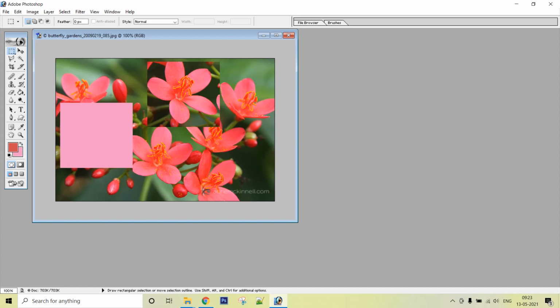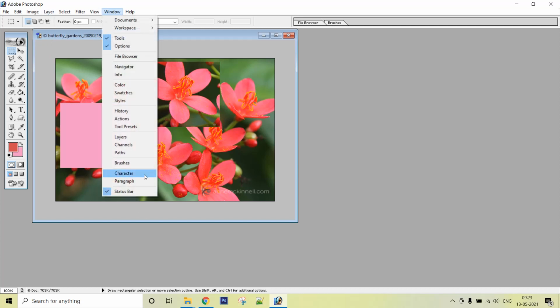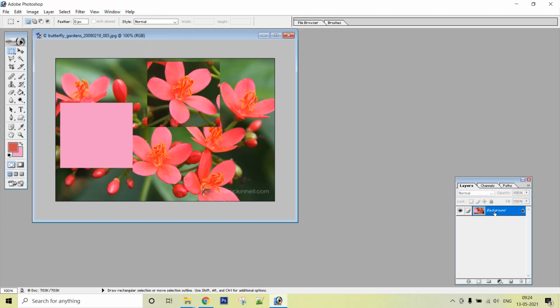Now if I want to explain the motion of a layer, I will go to the Windows option and open the layers, and we can see that here we have a background, and everything that we have done is in this background. So if I now again do a selection, and instead of the movement I press Ctrl C to copy, then click and press Ctrl V to paste it, you can see here that we have a new layer added.